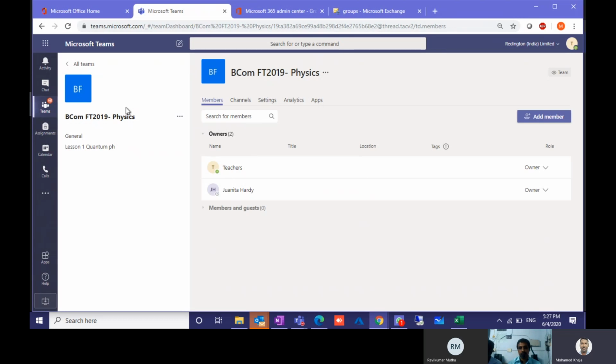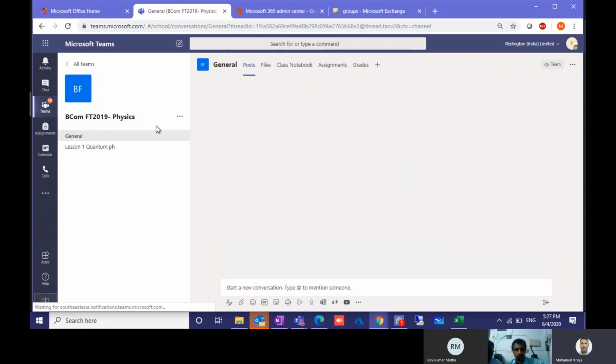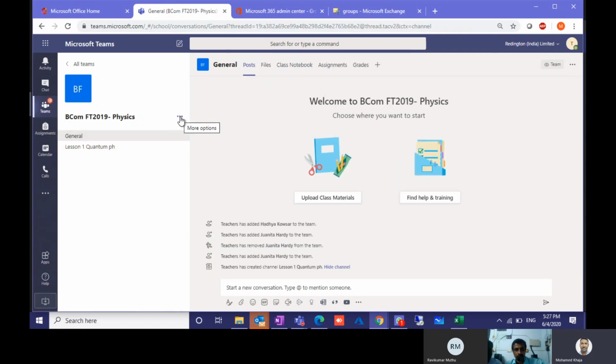So when the principal comes inside and gets into this lesson one, she can see that the student and teacher had a discussion on this topic, and the teacher has assigned the assignment. She has created the next lesson for next week. All these things will be reviewed by any other principal or teacher. That will be the owner, right? Yes, the owner of the class can review the activities.